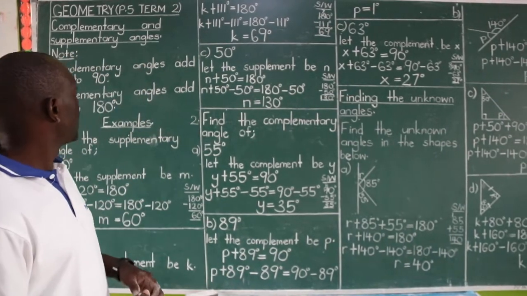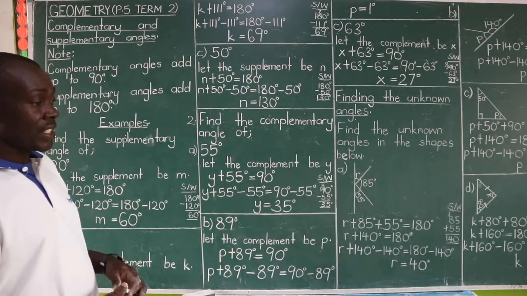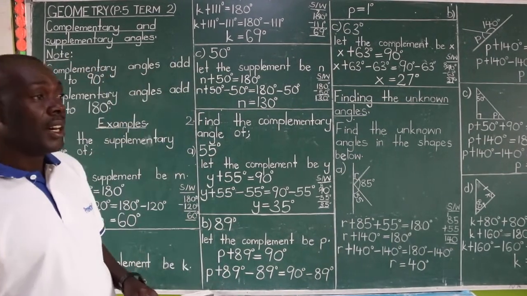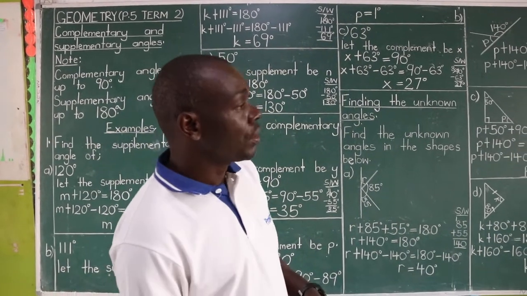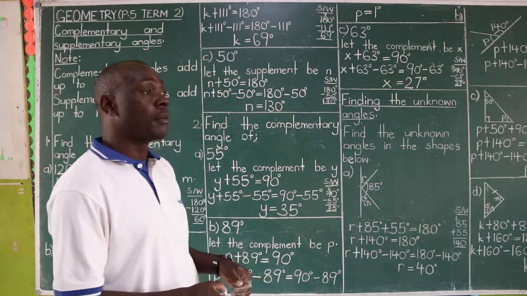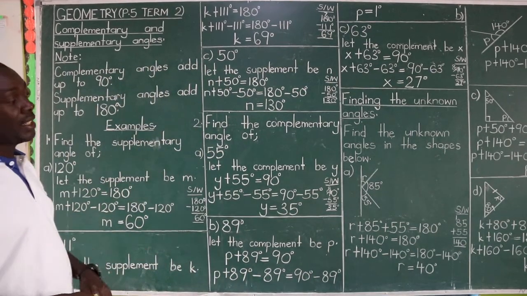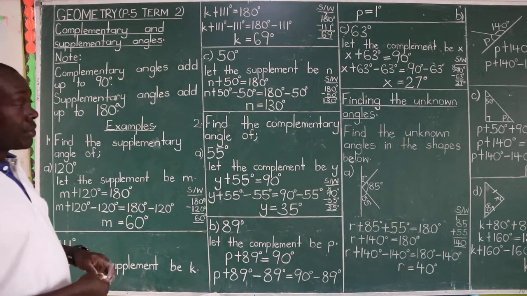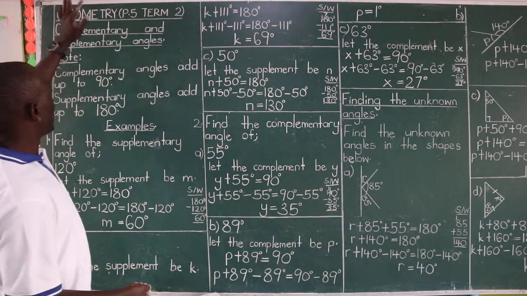Today we are looking at the theoretical one, unlike the previous lesson where I went to the practical part. In this lesson we cover pages 22 all the way to 24 of our book P.5. Ensure you follow so that you can answer this theory as easily as you are going to find out it will be. So we are looking at Geometry P.5, term